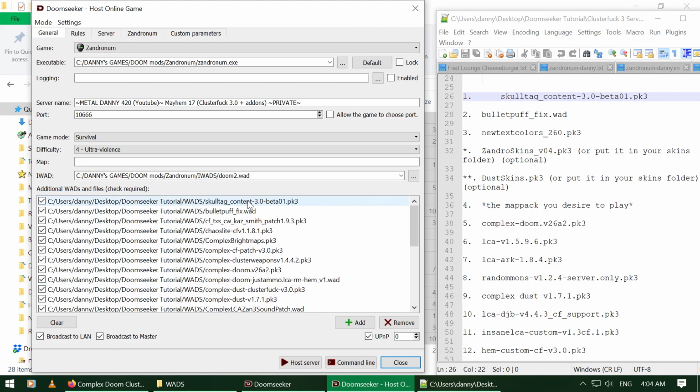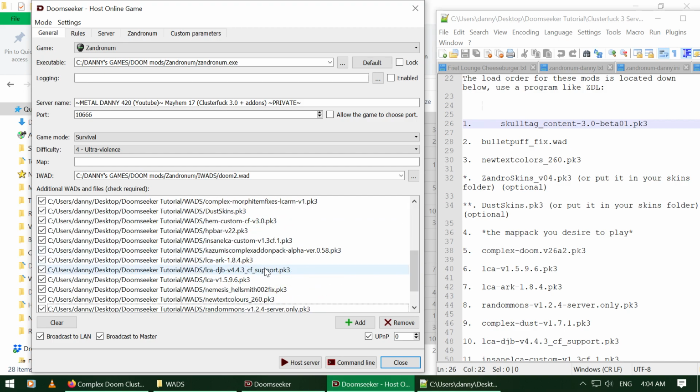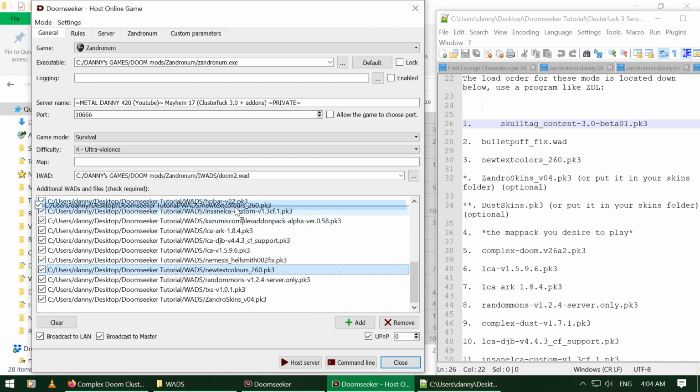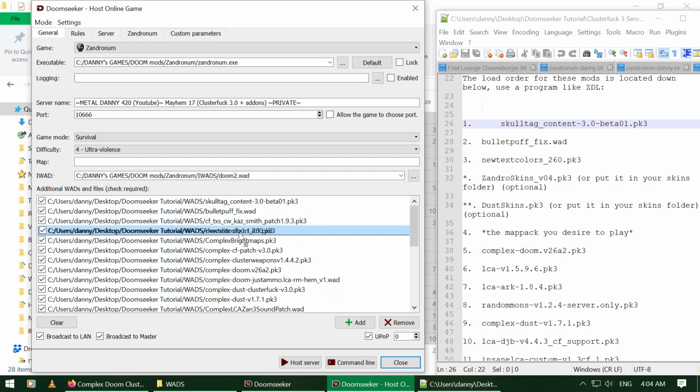So it's number 1. That's why you wanna make the window bigger, so you can do this quicker. Then number 2, Bullet Puff fix, find it, put it on the right spot, etc. Go down the whole list. This is the annoying part, but it needs to get done, and you only need to do it once.